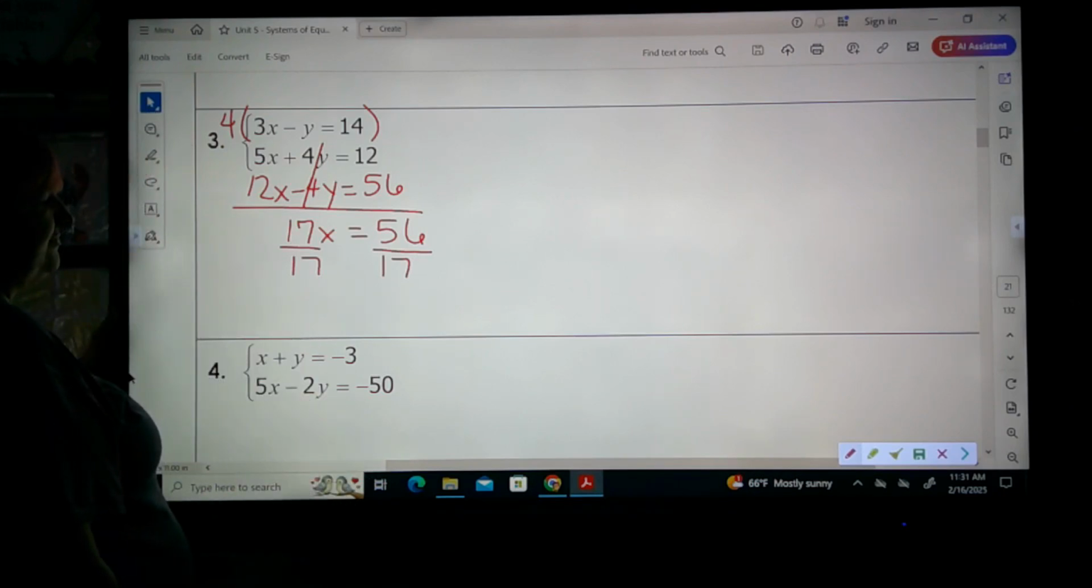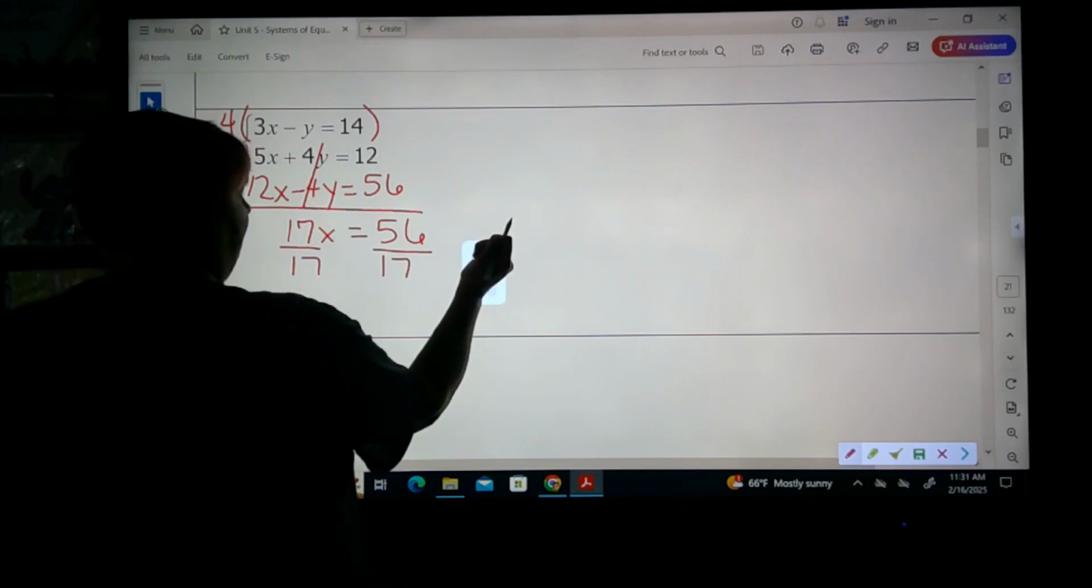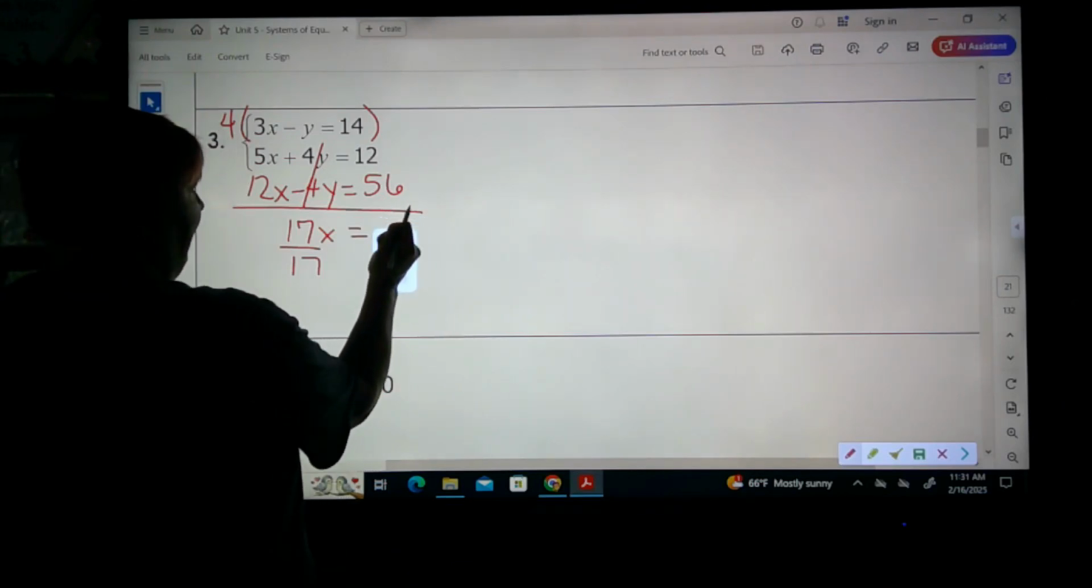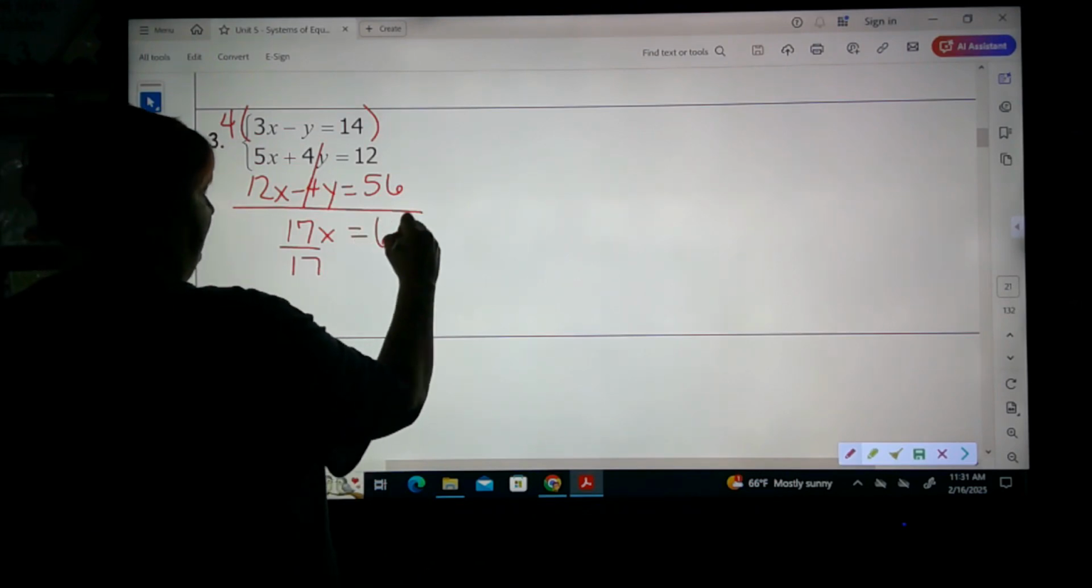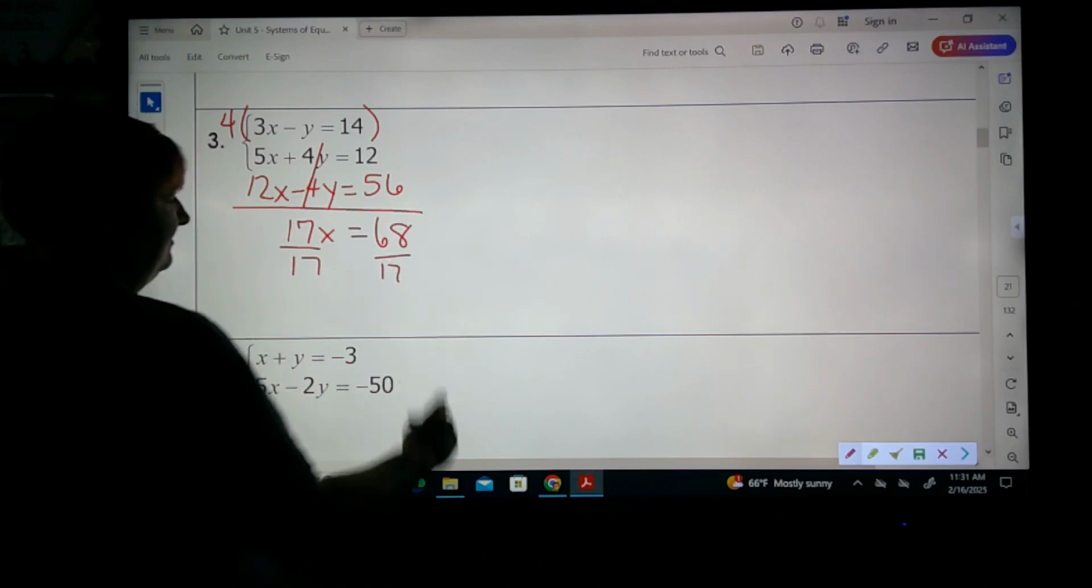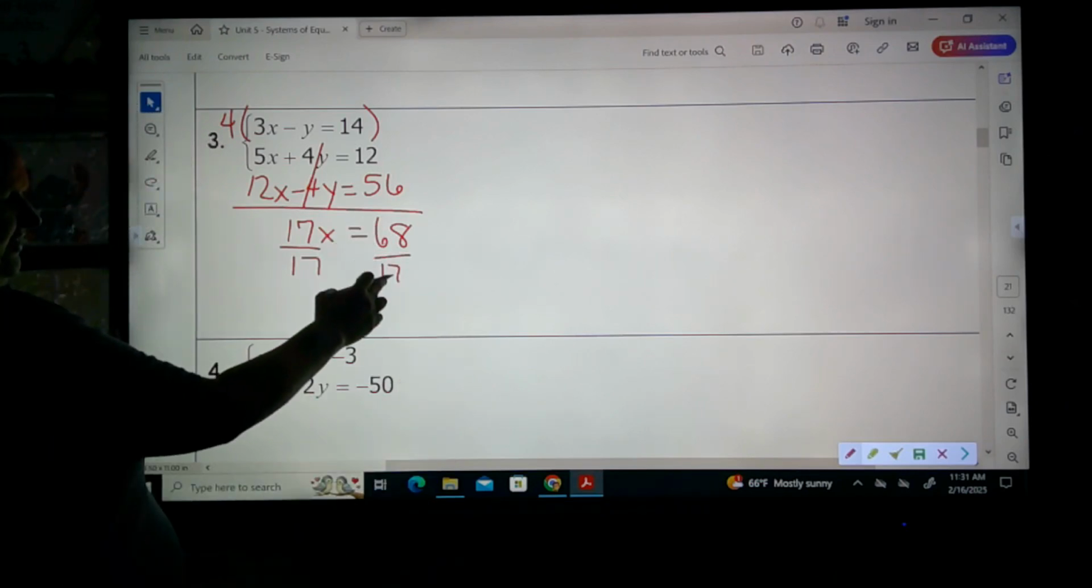Oh, well, I made a mistake. That's why. I wrote 56, but I didn't add the 12. 56 and 12 is 68. That makes a lot more sense. And this divided by this is